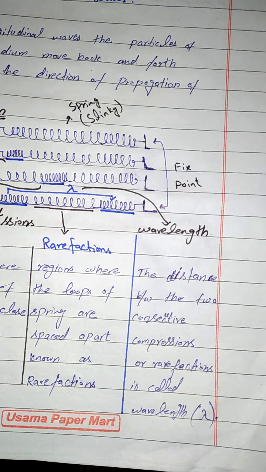Now the next one is transverse waves, and here is the definition. In the case of transverse waves, the vibratory motion of the particles of the medium is perpendicular to the direction of propagation of the wave. In the previous case we discussed that the particles move in to-and-fro motion. Here the particles move perpendicular to the direction of propagation of the wave. It can be produced by the slinky that we have used.